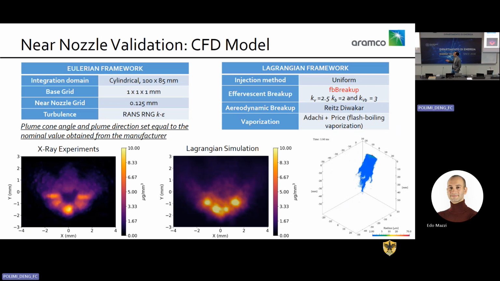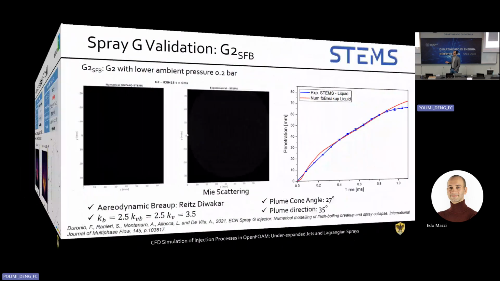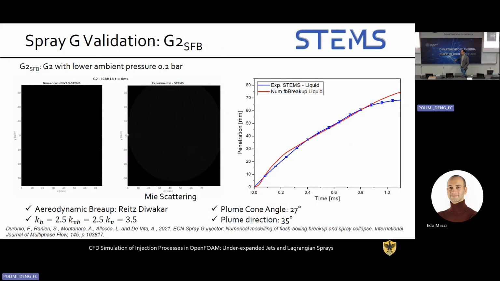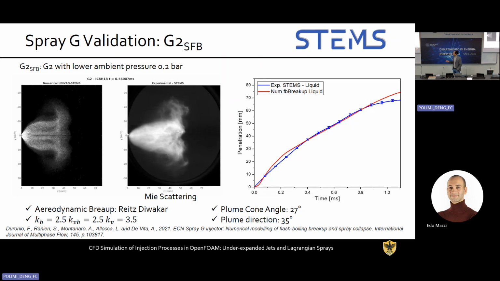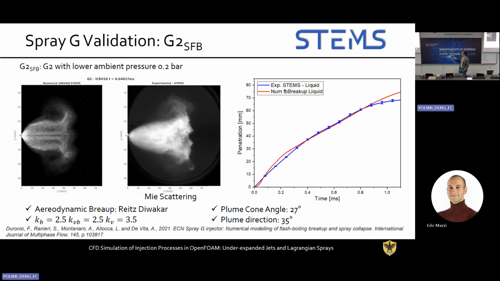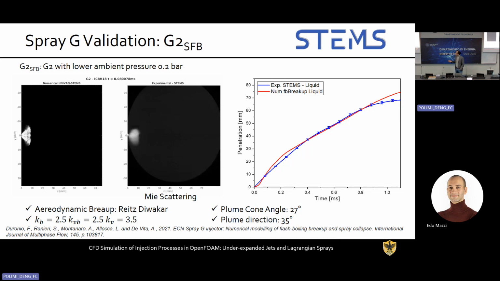As you can see, we achieve a good agreement with the X-ray experiment with our Lagrangian simulation. We can observe that the spray footprint at 1 millimeter closely resembles the X-ray experiments. But this is not enough, obviously, because we have to understand what happens downstream, for the whole spray morphology. And thanks to another collaboration with STEMS, we have